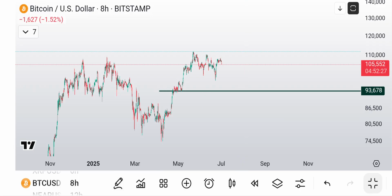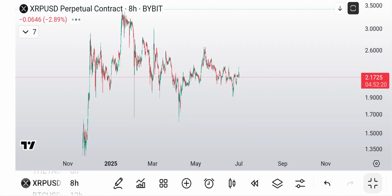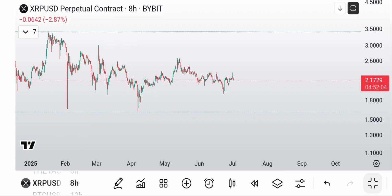So if Bitcoin had to come down 10, 11%, just imagine what XRP would have to go through, right? So this would be a bad situation. It would probably mean that we would come down here, right? Maybe make a triple bottom here. I don't know. That's a tough one, right? So,